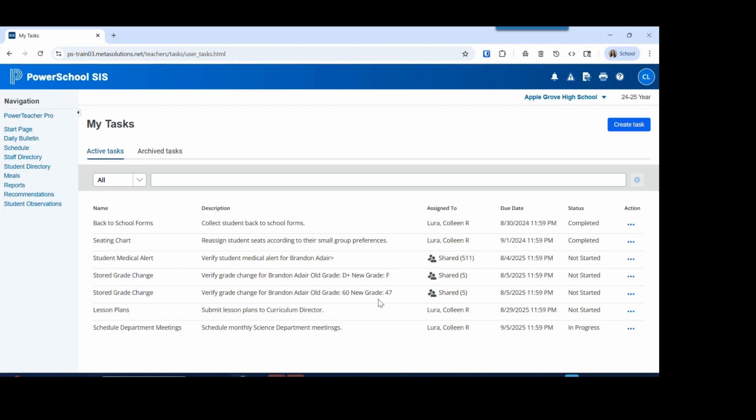So you can see those tasks listed here. It's giving you the name of the task, a brief description, again, showing who it's assigned to, if there's a due date associated with it, and then what's the status. So you can see we have some that have not started, some that are in progress, and then others that are completed. In our actions column, we can click on the ellipsis, and we can, if it's a shared task,